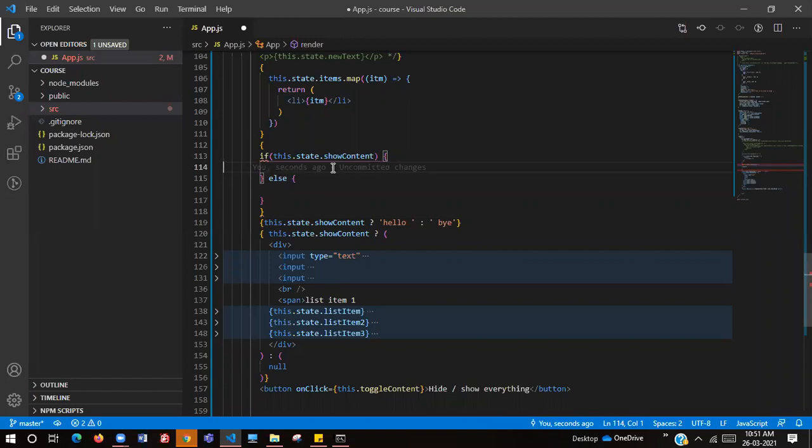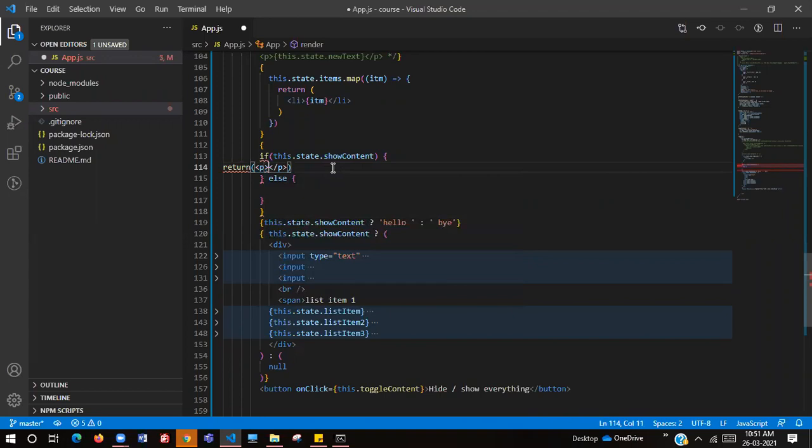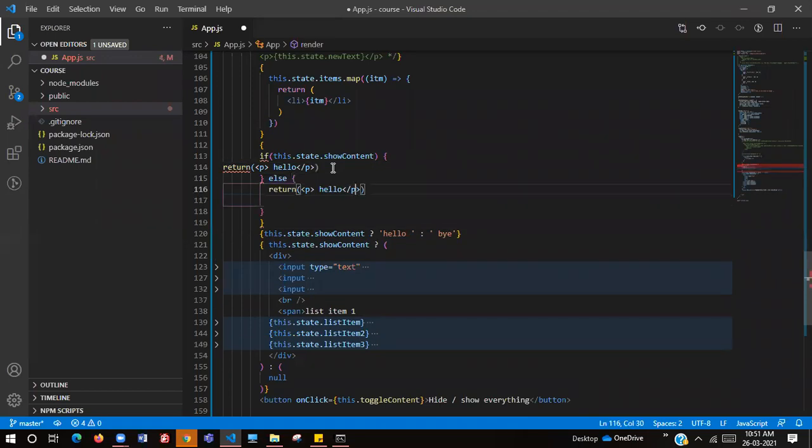So we are returning here a single p with hello. And in the else case, we are returning a single p with bye. So this piece of code is nothing but this hello statement, right? You guys understood this?